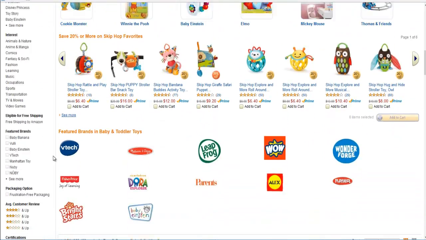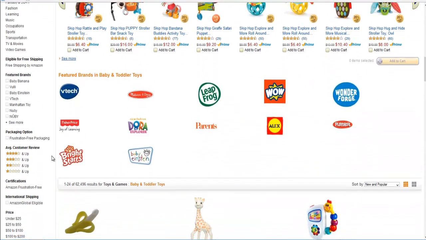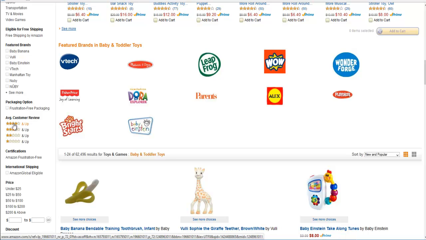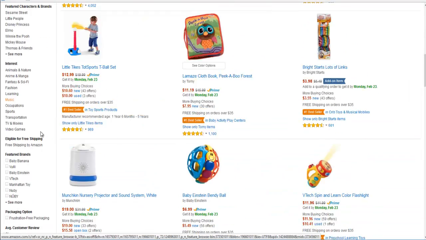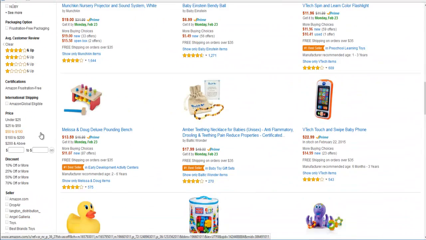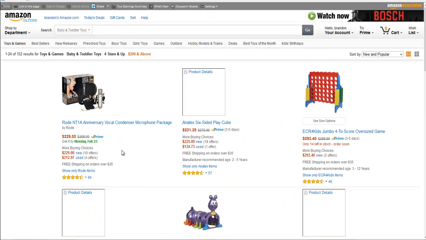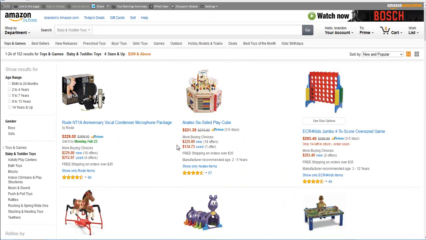And one thing I'm going to filter by is price. You might as well sell some high price products and good customer review products. So I'm going to go to 4 stars and up. And we're going to filter by price also. And we're going to see if there's anything 200 above. I don't know if there is. There is. Okay, so